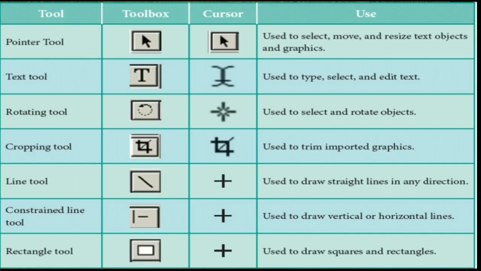You can click anywhere on the workspace which is available. When you click on the screen, it will enable the I-beam cursor as shown in this screen, and you can type your text. For typing text, the text tool is used. Rotating tool. The rotating tool is used to align the text in a particular direction, namely if you want to place it diagonally, vertically or horizontally, in any kind of direction in which you want, you can place the text, and also the graphical elements, which are images.